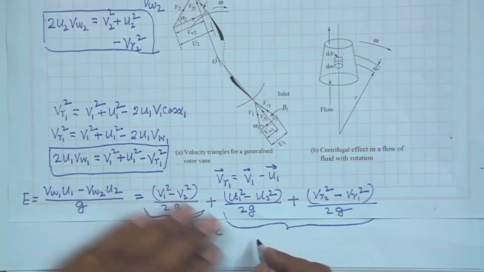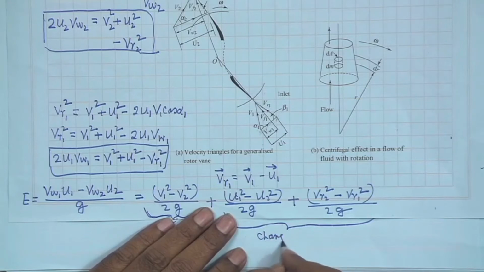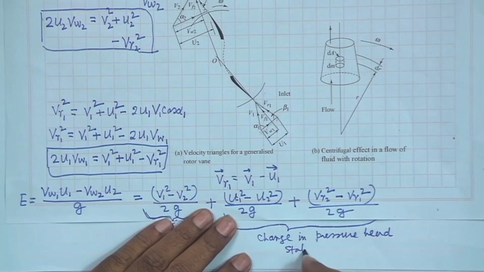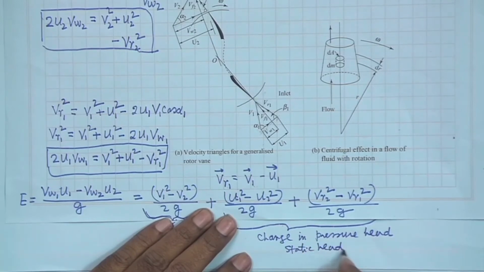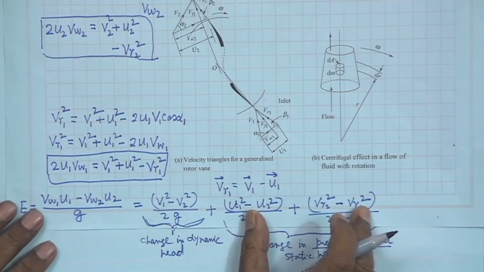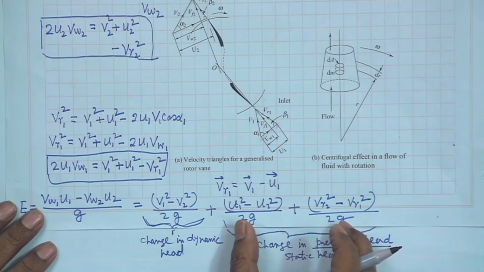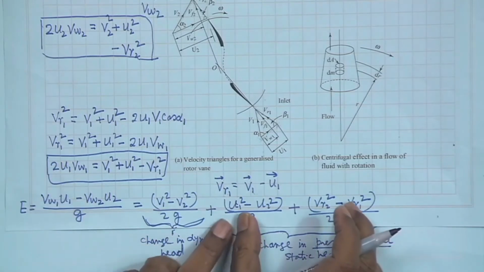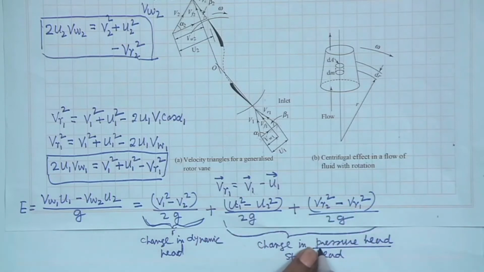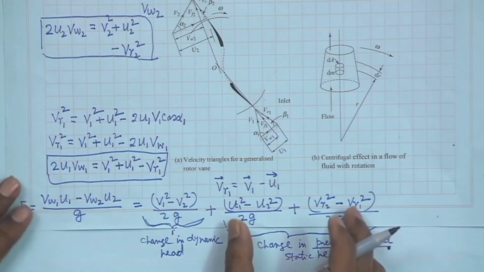And these two parts correspond to the change in pressure head, or it is known as static head. This is a loose term, the pressure head. Actually, these two things are responsible for the change in the fluid pressure, and in a very strict sense they represent the change in the flow work of the fluid, which loosely we sometimes call the pressure head, the pressure energy per unit mass, which is manifested in terms of the change in the pressure.